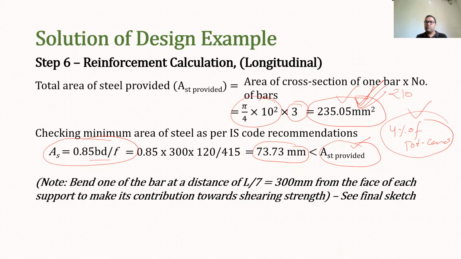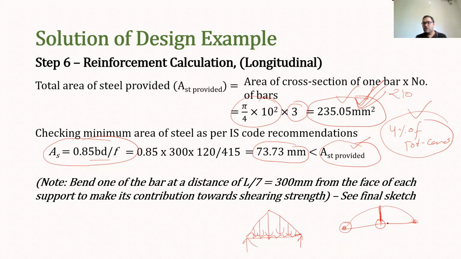Minimum 2 bars should be there. I will explain here. As you can see, our beam is supporting this triangular load along with the UDL. So the bending moment diagram for this will be something like this, which means at the center it will be higher and at the support it will be 0. So we need to have the maximum number of bars at the midspan, and as we know, at the support the bending moment will be less. So what we can do is cut the bar at the support.